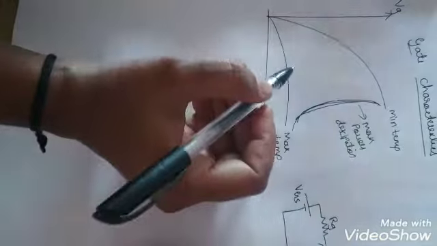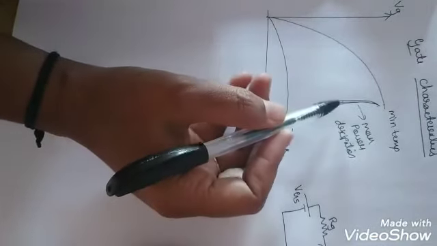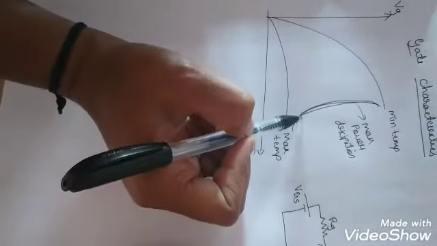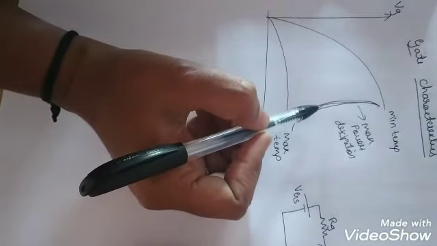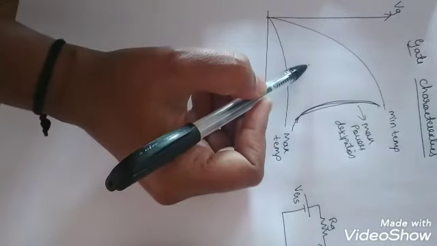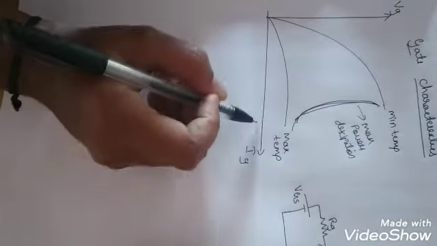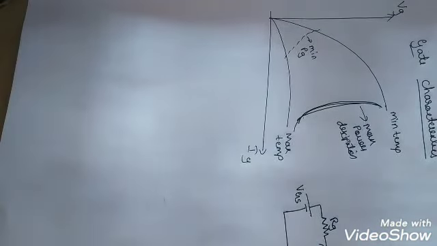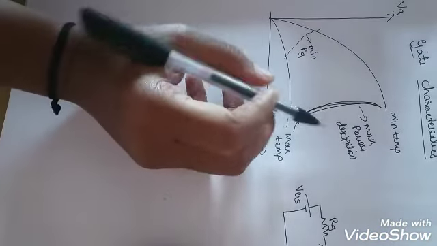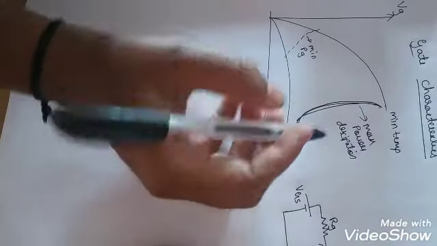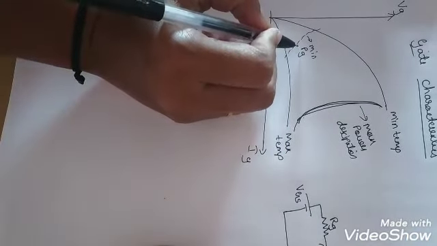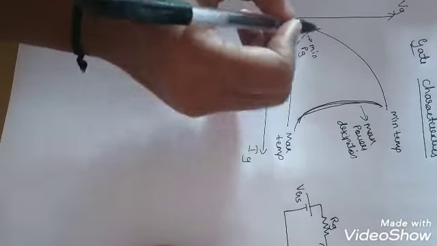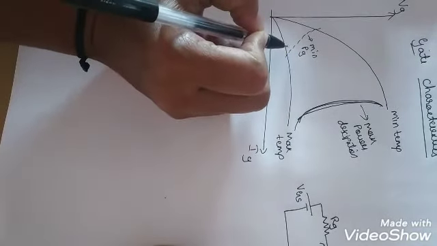So that's the maximum power dissipation that can take place. In order to operate in a safer region, we need to operate below this curve only, because we know the maximum current as well as the maximum voltage. So this is the maximum power dissipation that we can draw in the characteristics of SCR. Similarly, there will be a minimum power that can be applied to turn on the SCR. So this curve we represent as the minimum power.